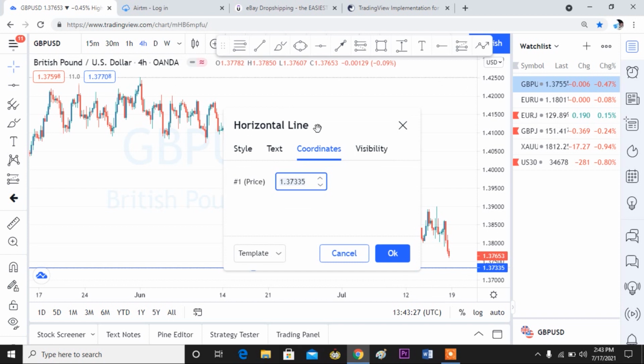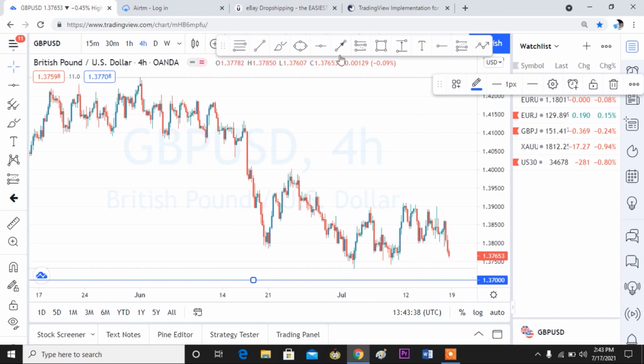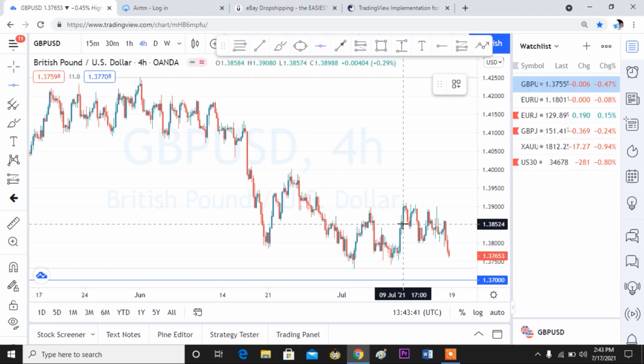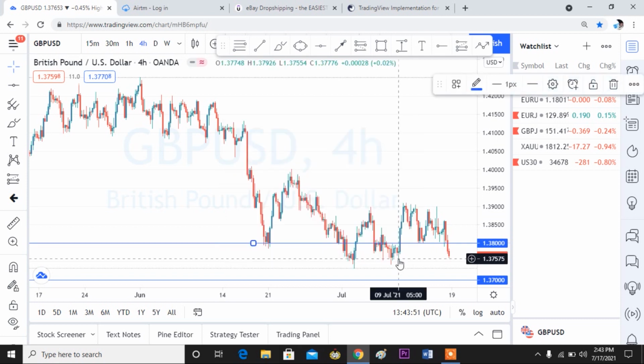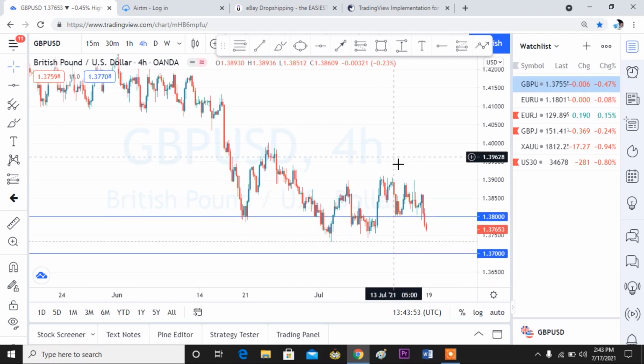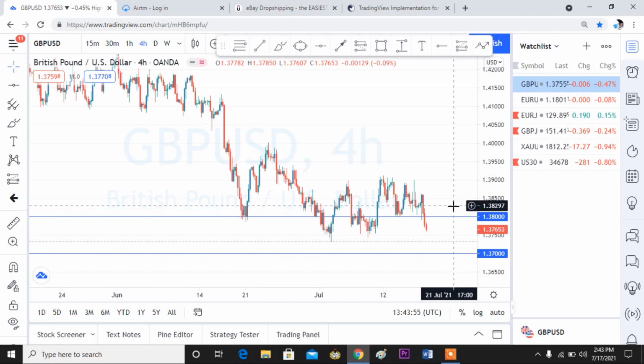and go to coordinates 1.37100. This is a psychological level, and the next psychological level we have is going to be 1.38000. So this is it, guys. We have one psychological level here, we have another psychological level here, and that is how you're going to be doing it. So the next one is going to be